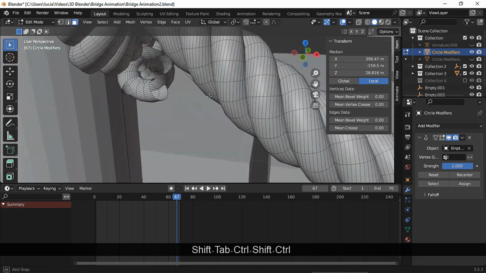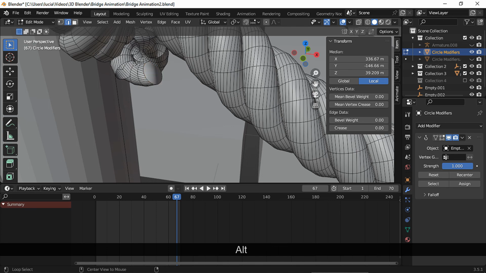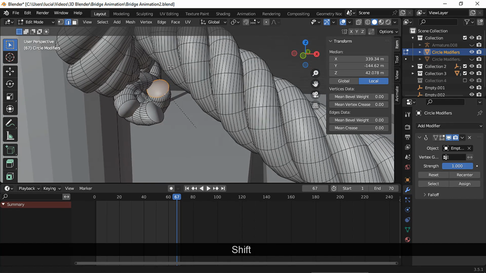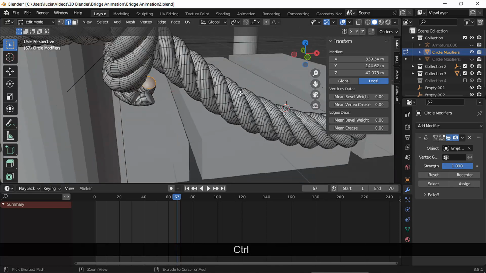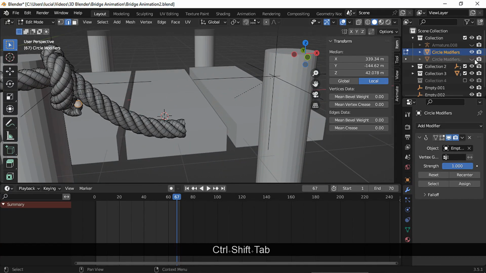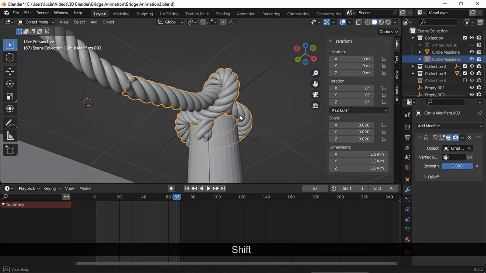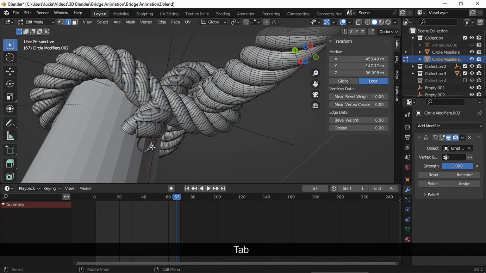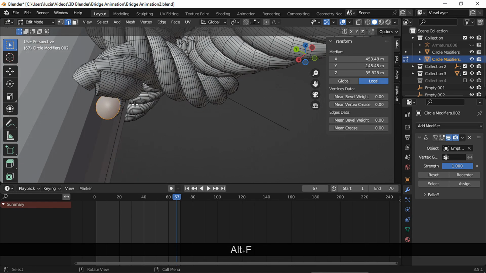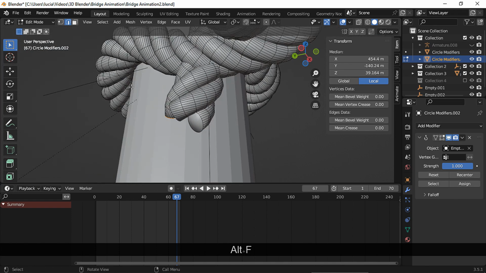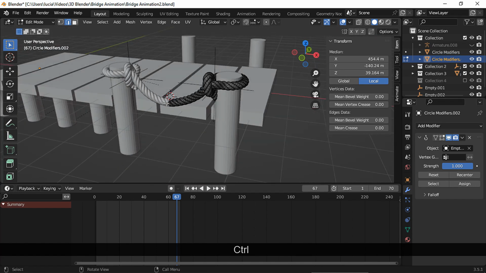I also filled these edges. And like I said, you could do the same to this other half.